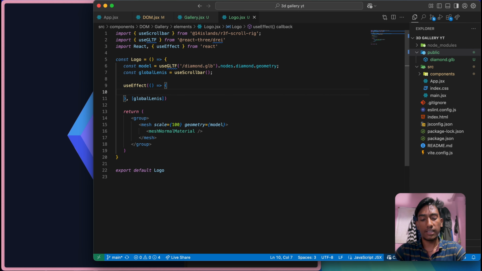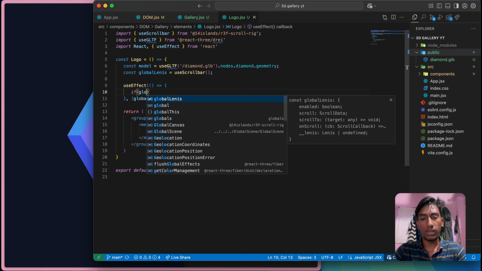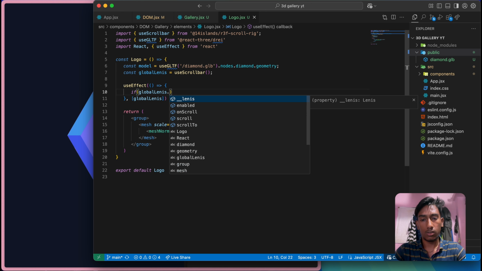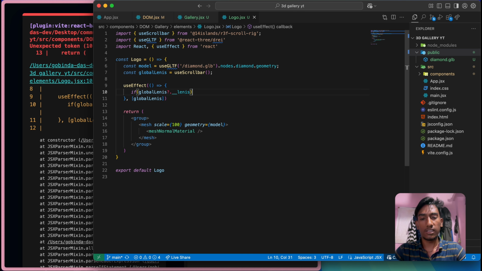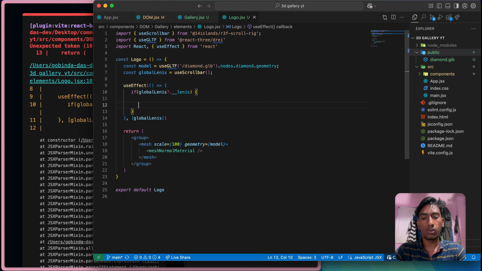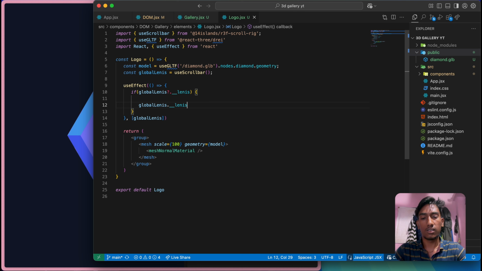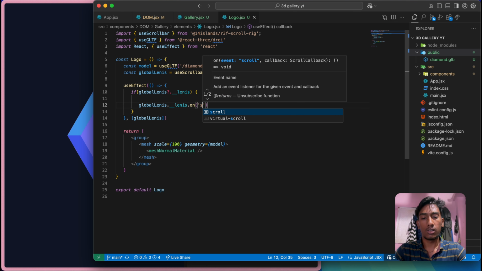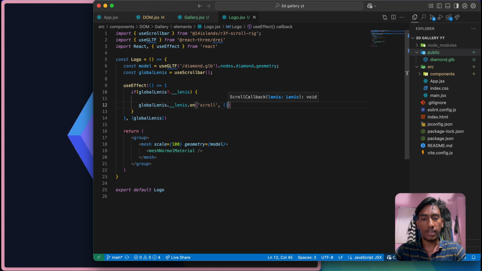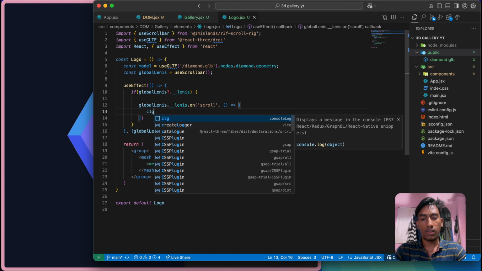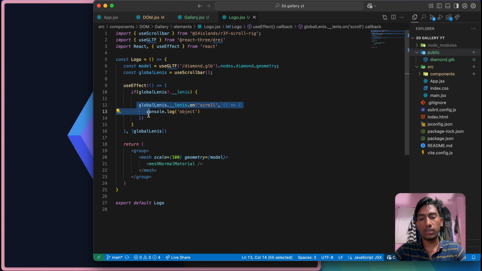So let me just add an if condition, global Lenis.lenis. If that exists, then I'm going to call global Lenis.on scroll. I can pass a callback here, and this will run every time the user scrolls.